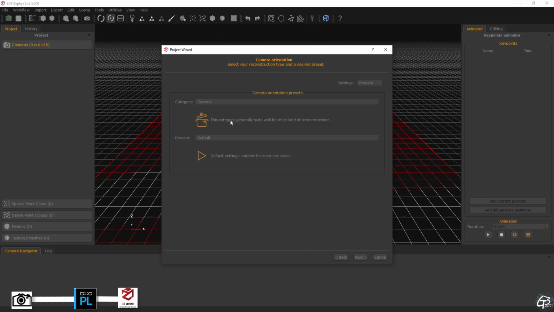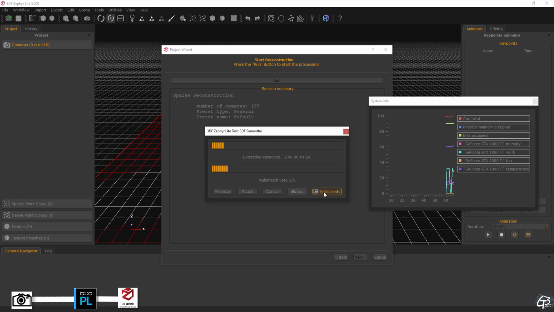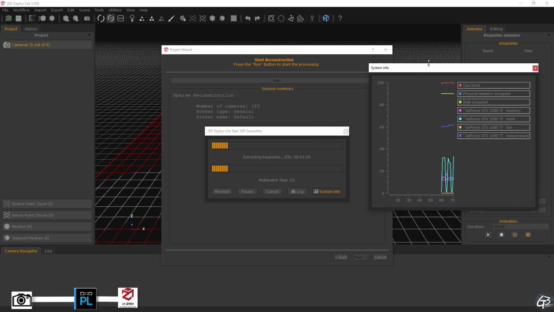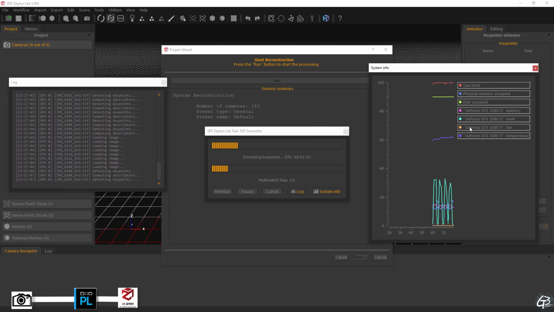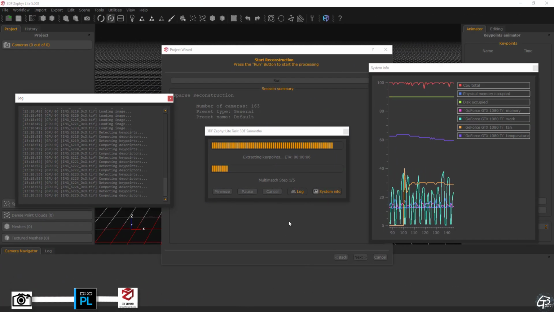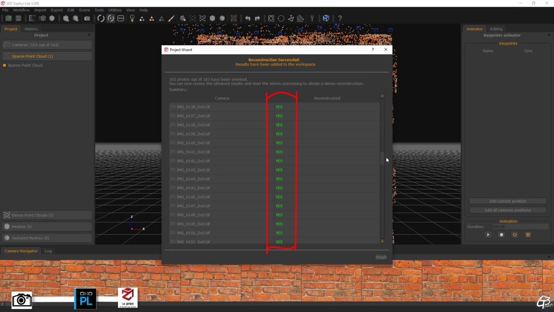Okay, let's use the preset system to align images. When we are happy with our choice, let's hit the Run button to start the image alignment process. During the process, 3D Zephyr offers some live preview so we can see what resources are being used and a bit more details of what actually happens. As you can see, all images were aligned. We can see all close shots and 2 additional taken from a distance.